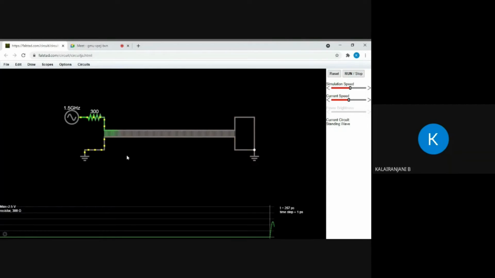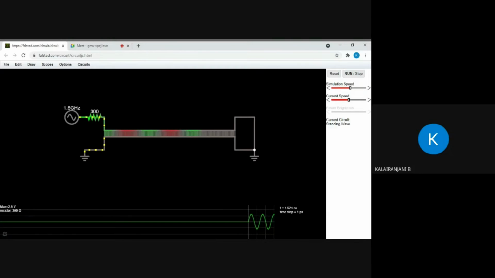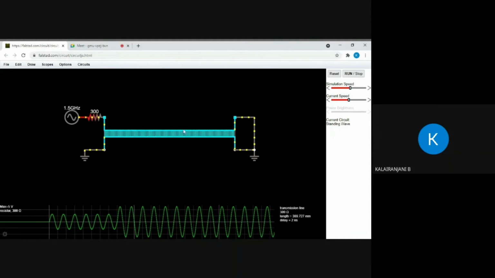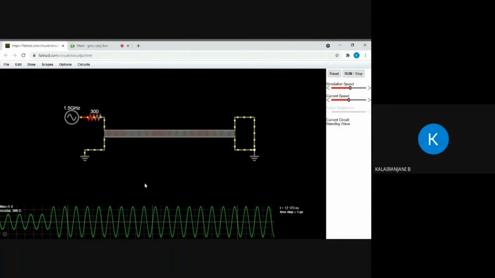The next one is a standing wave. So this is also a transmission line circuit. The wave goes across the transmission line and is reflected at the other end because the line is not terminated properly. This creates a standing wave on the line, which is a wave that oscillates but does not appear to travel. So it is actually a combination of two waves, the initial and the reflected wave traveling in opposite directions. In the scope, you can see that the peak voltage across the resistor actually doubles as the wave is reflected, exactly 4 nanoseconds after the oscillation starts.